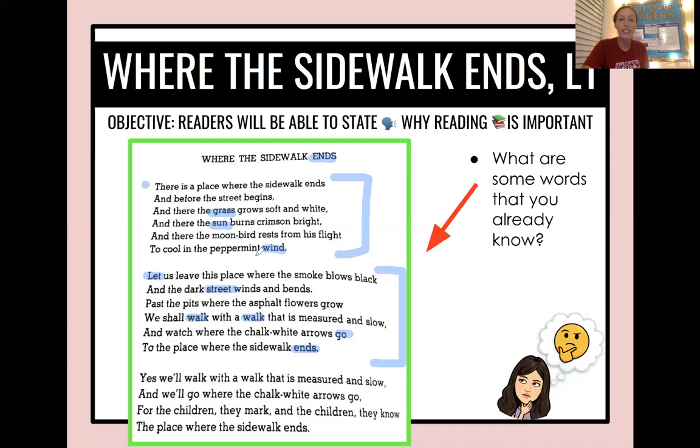So it's important to scan because already I have some clues about what's going on in the poem without even reading it. I know here that there's something going on about a street and walking and going. Now let's take a look at that last stanza. I'll give you about 10 seconds to scan it. Remember, you're not reading, you're just looking for words that you know. You're going to scan for words that you know in this last section here at the bottom, and you have 10 seconds. Ready, go.